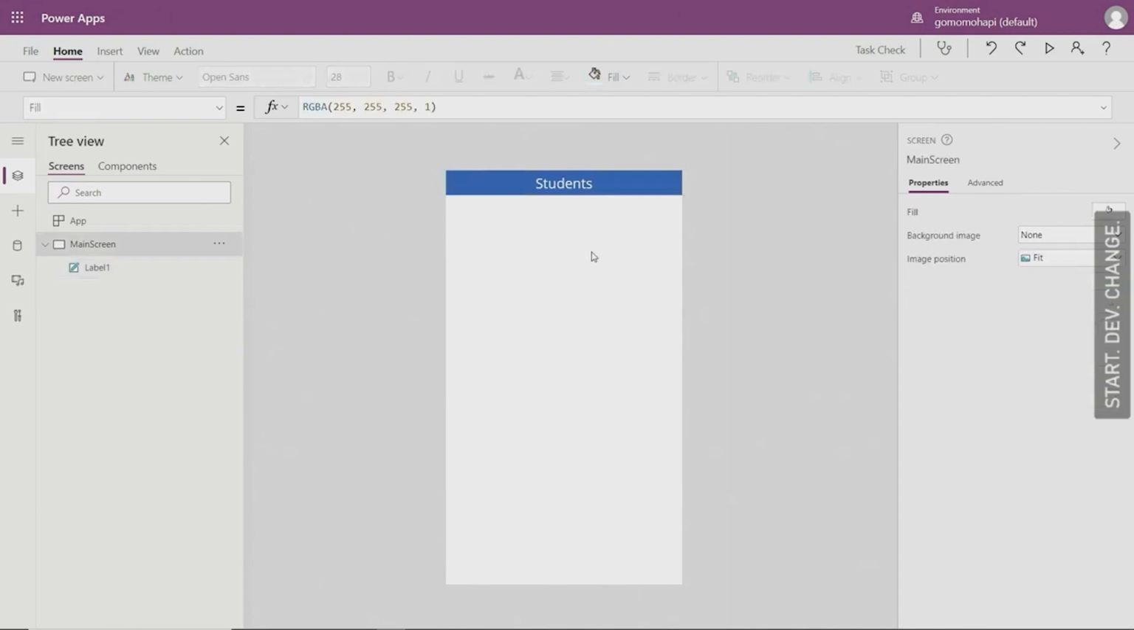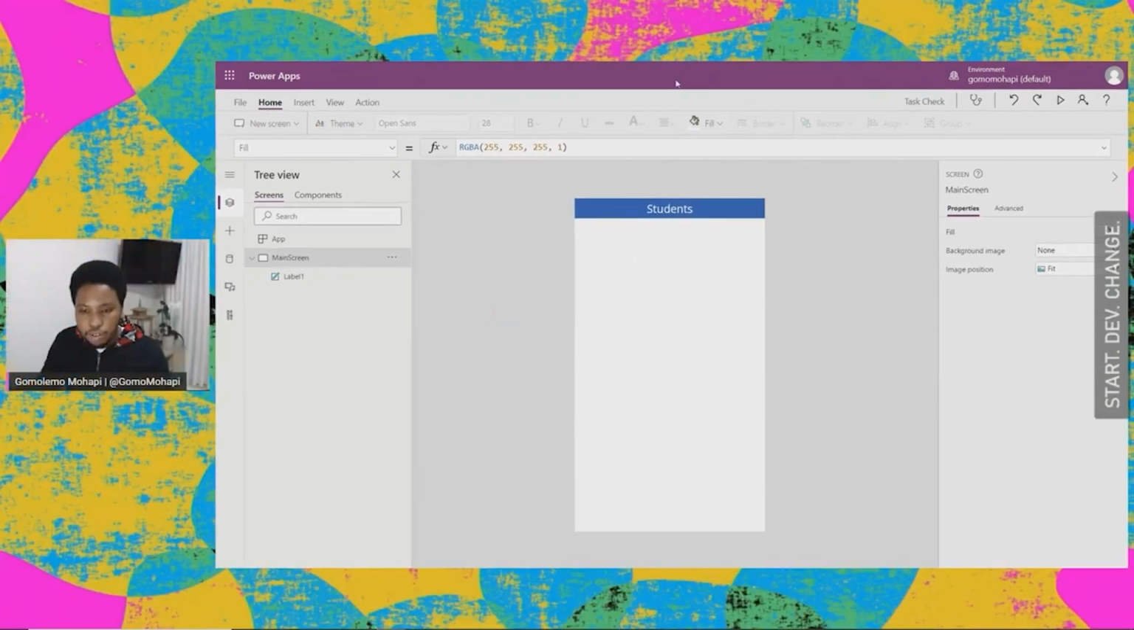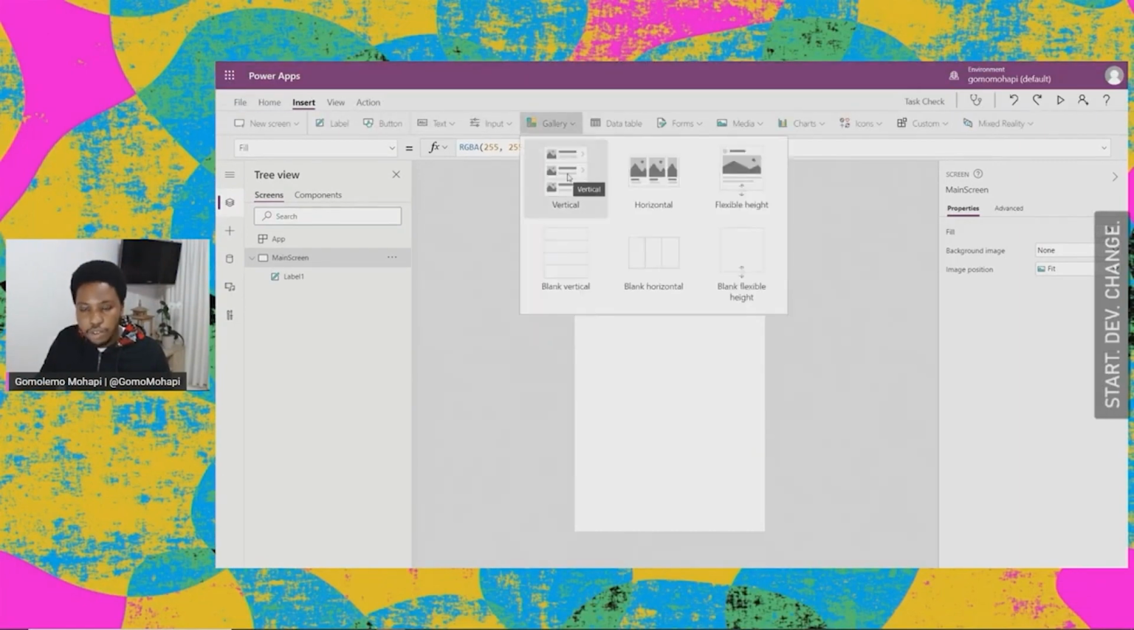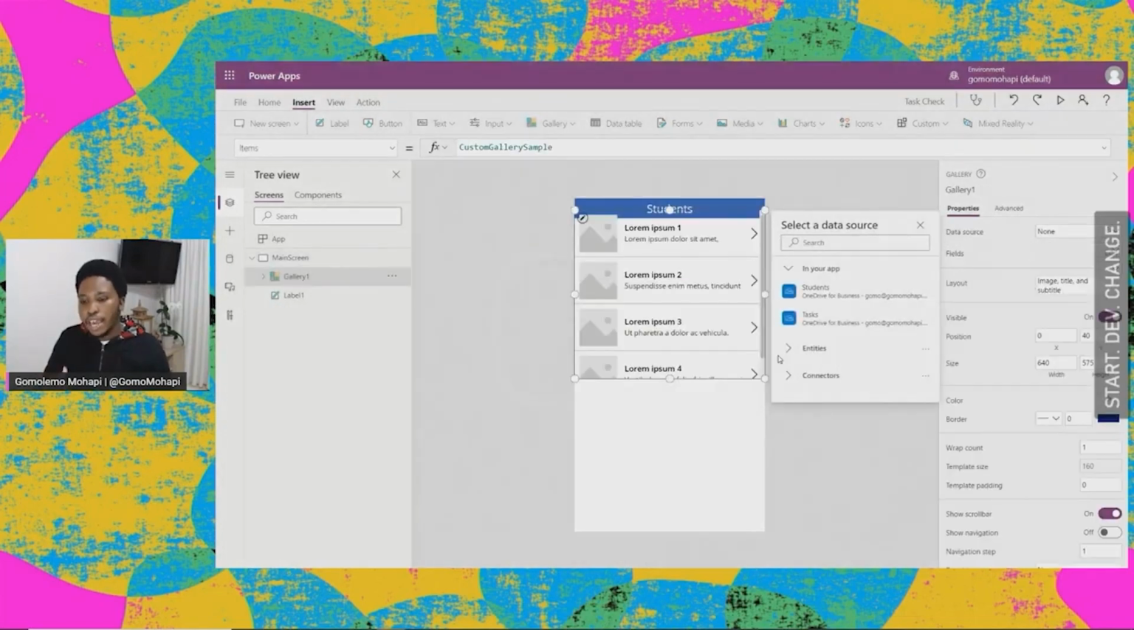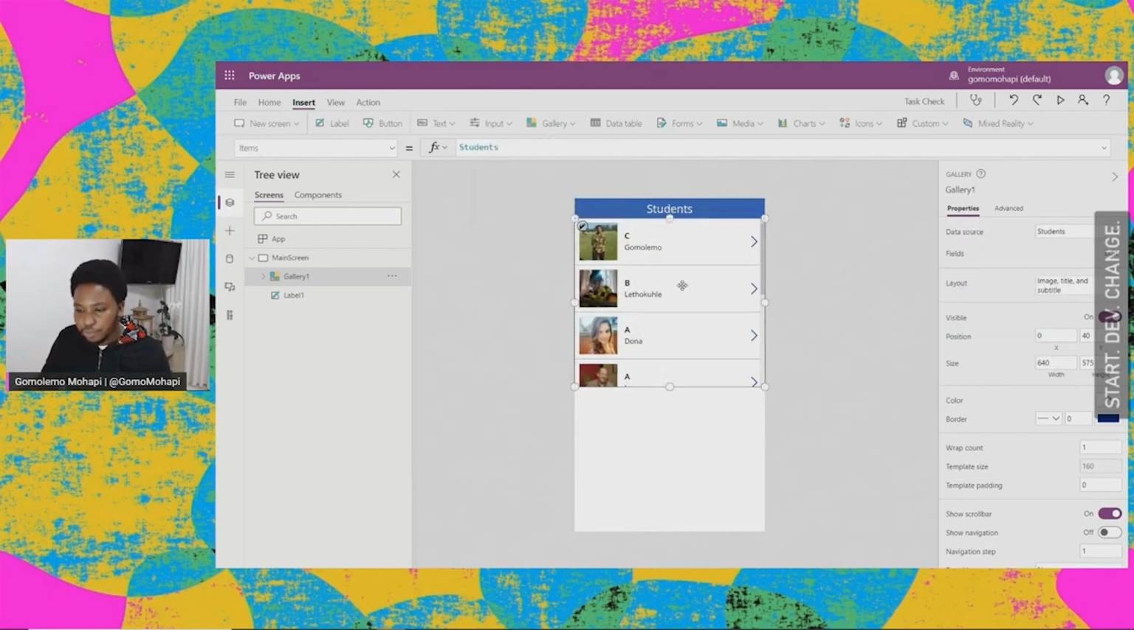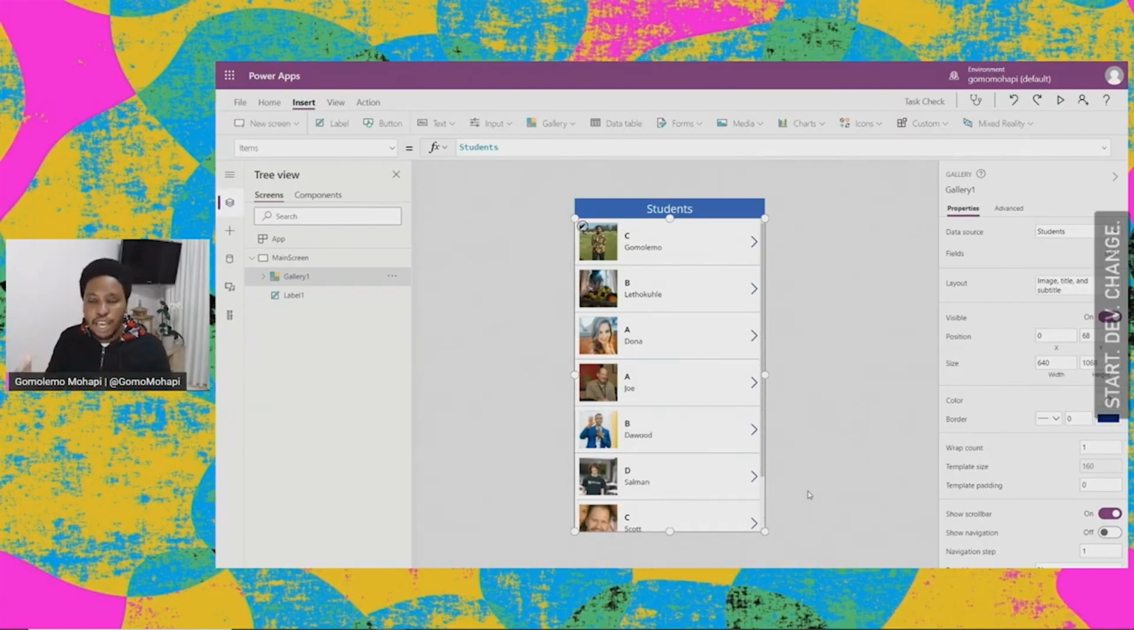So how do we take the data from Excel and display it in our Power App, right? So we're going to go to insert here on top, and we'll be inserting a gallery, right? So in Power Apps, a gallery is just a really cool way of displaying data for your users, right? So the first thing it's going to ask us is, what data source is going to be powering this gallery, right? And we're going to be using students, right? So since we've added that data source earlier on,